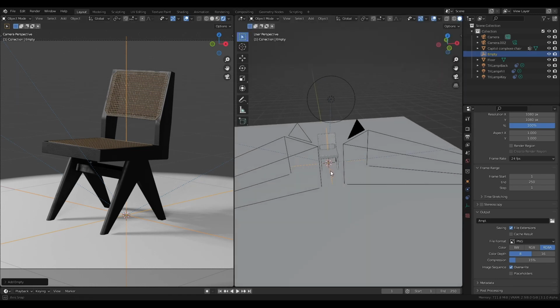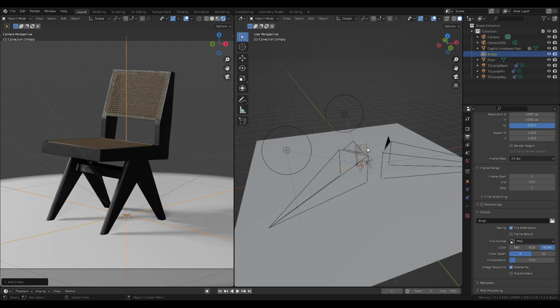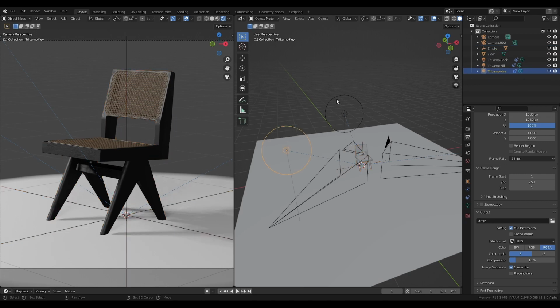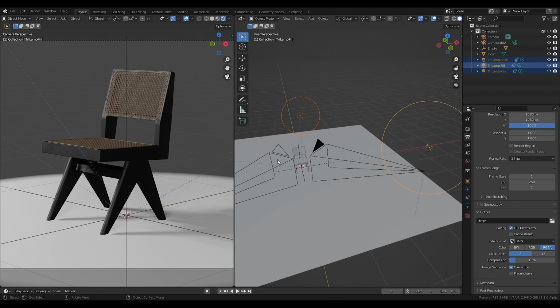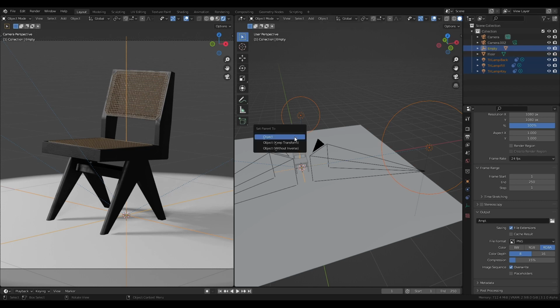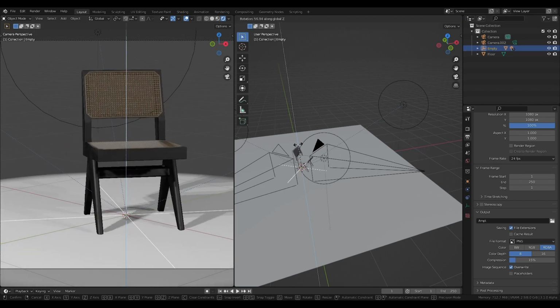viewport. Next, select your object and last the empty object and parent them with Ctrl P, then object. Also, if you have lights in the scene, select them and parent them to the empty object with Ctrl P, then object. It's done. Like this, we can move our objects and lights by just moving the parent object, and his children